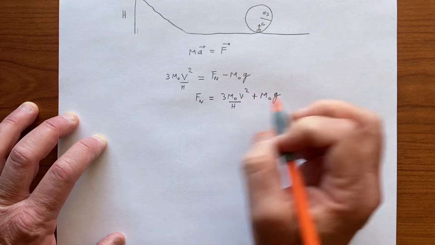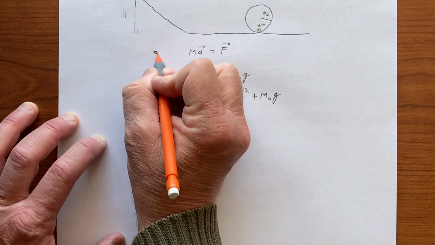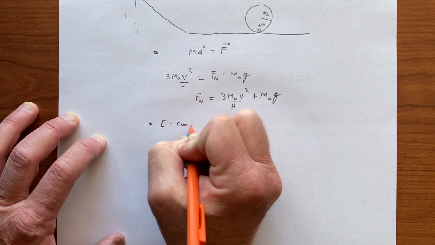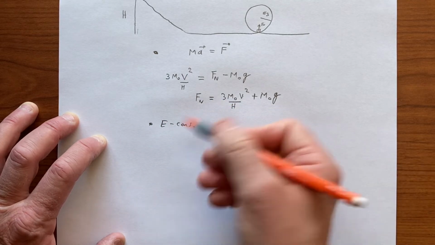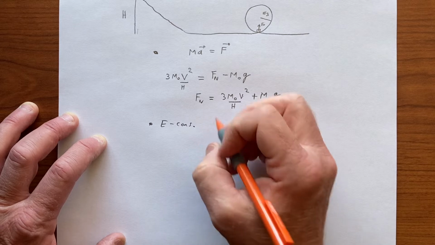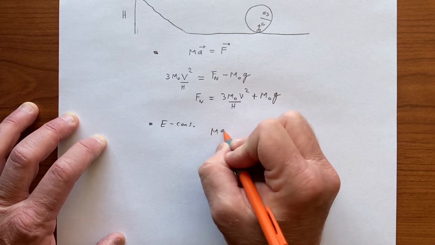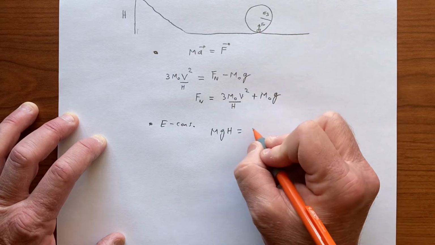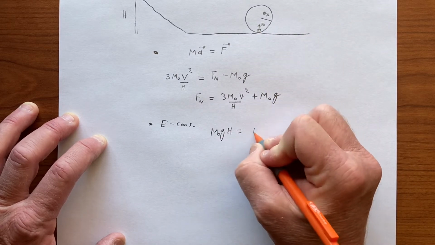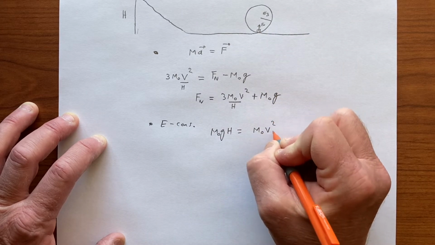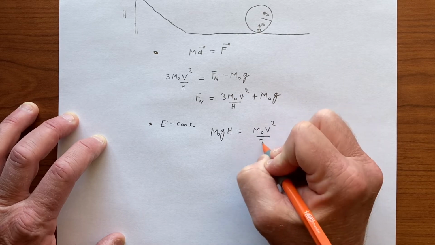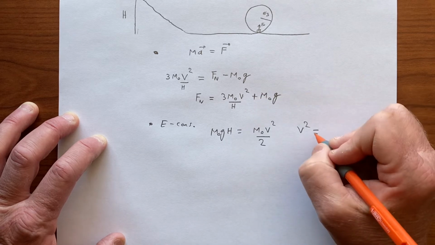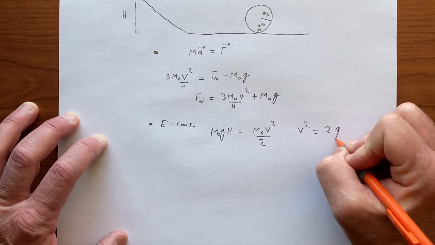So we need to know what this is, and that comes from a different principle. So we're using ma equals F and conservation of energy. We could think of it as work equals delta K as well. So here we have m naught g h, it's all potential, and then afterwards we're at the bottom, it's all kinetic, actually m naught unknown v squared over 2,